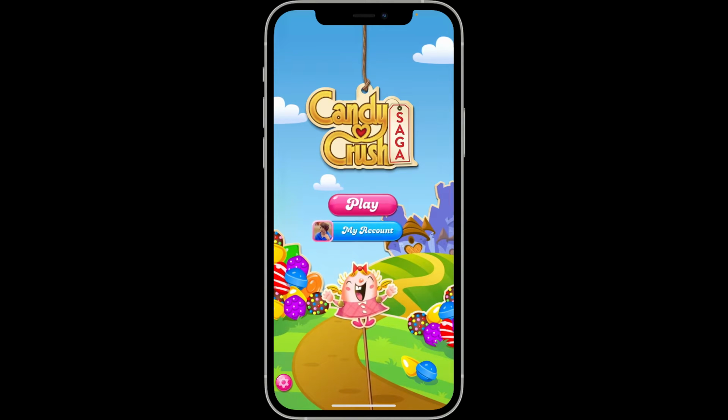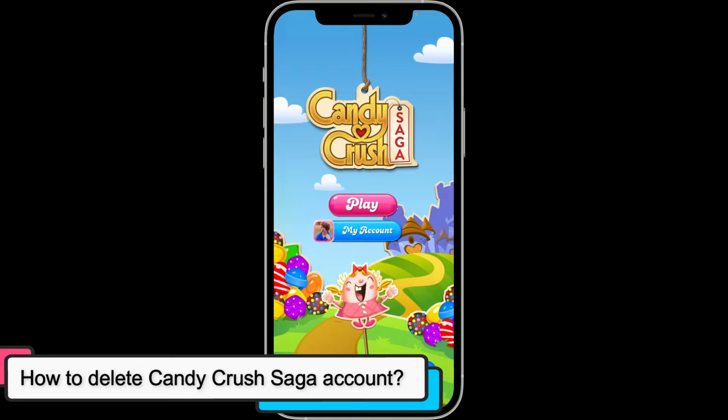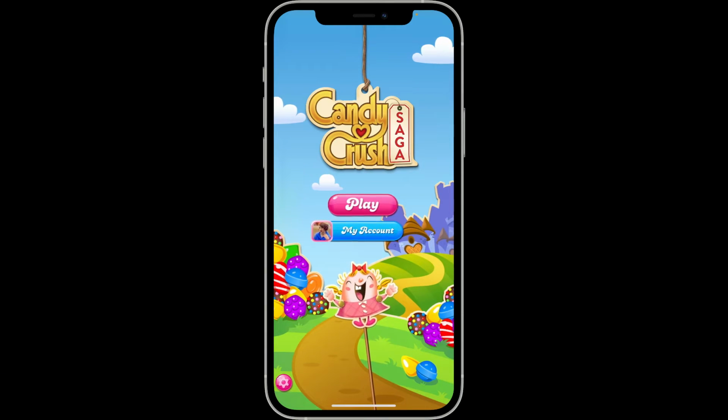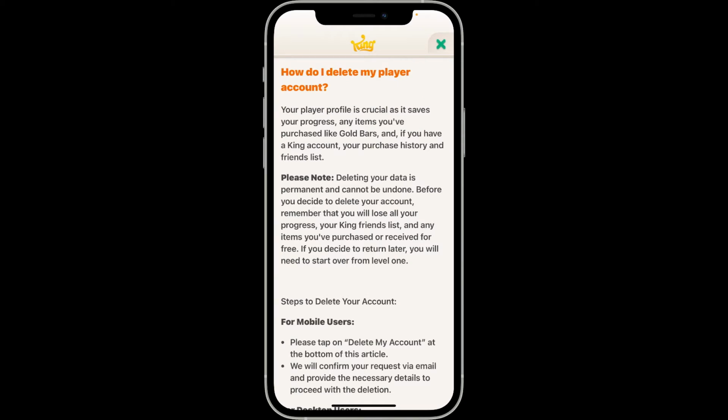In this tutorial, I'm gonna show you how to delete your Candy Crush Saga account. If you want to delete your Candy Crush Saga account, then first of all, launch your Candy Crush Saga application and look for the gear button in pink, which will be available at the bottom left or the top right. Simply tap on it wherever it is and then tap on the little human icon with a small cross in it. And this will take you to a next page from where you can learn how you can delete